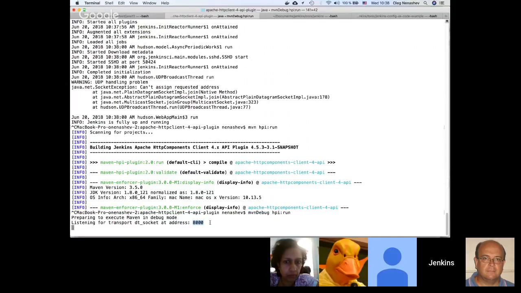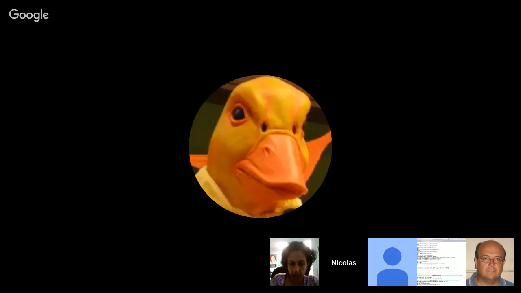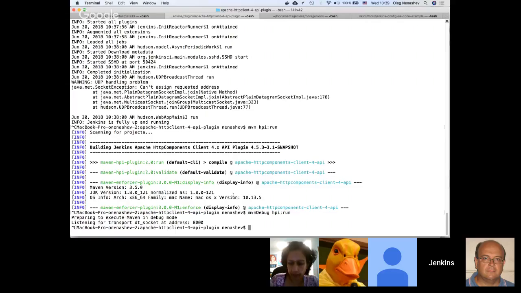This is how it works for Java 8. If you want to test patches on Java 10 or Java 11, it becomes a bit more tricky because so far we don't have this tooling ready. I guess Nicola may have some updates because he's working to get animal sniffer running. But if I understand correctly, we don't have the flow running so far. Yes, it's still work in progress. Okay, so what do we do in such a case?